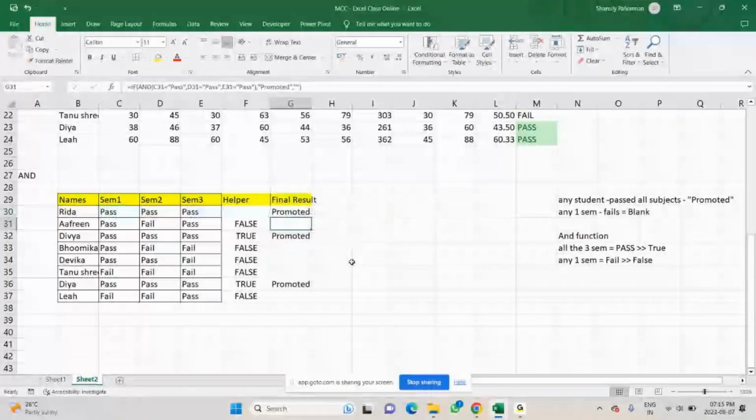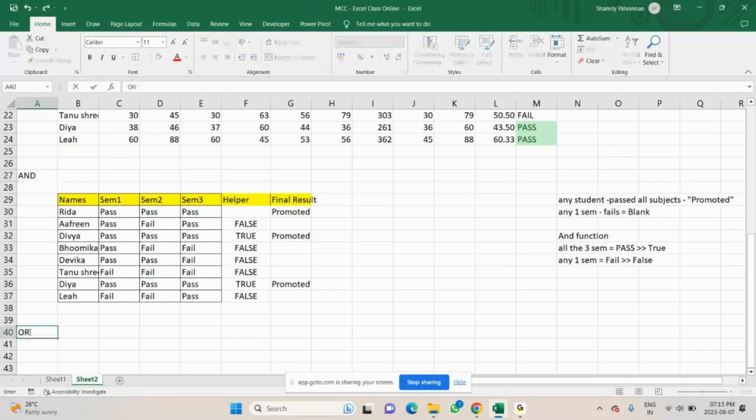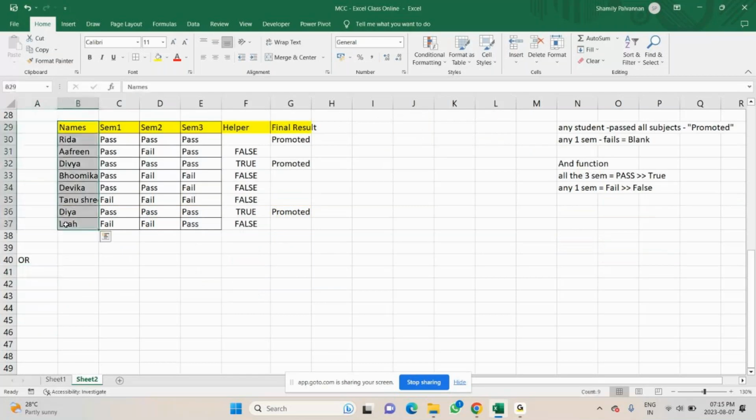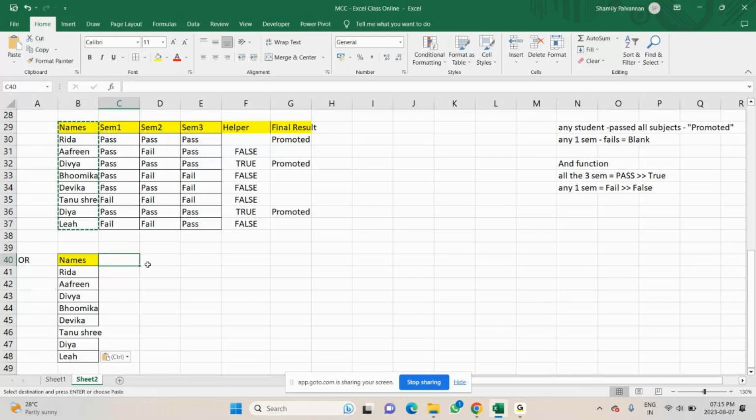In the same way, we have another function, the OR function. I'll put it over here. I need some qualification. I'll give randomly something like BCom, BBA, BSc. Only three things I'm doing here. BCom, copy this, put it away, and I take here BBA. Now my requirement is if any candidate